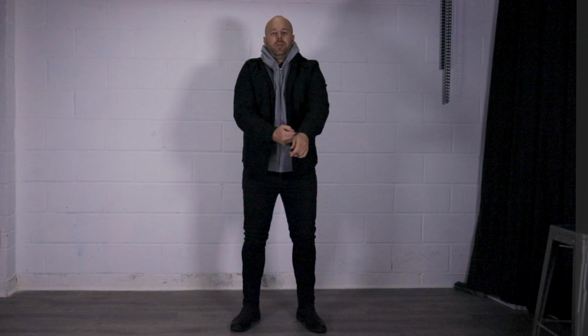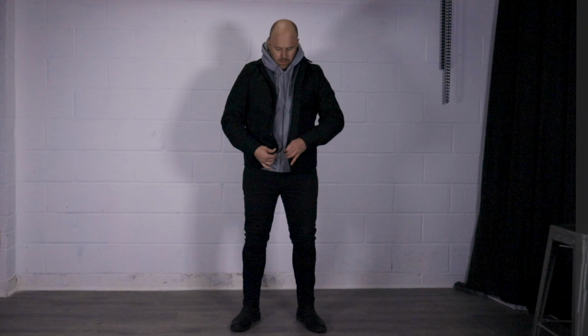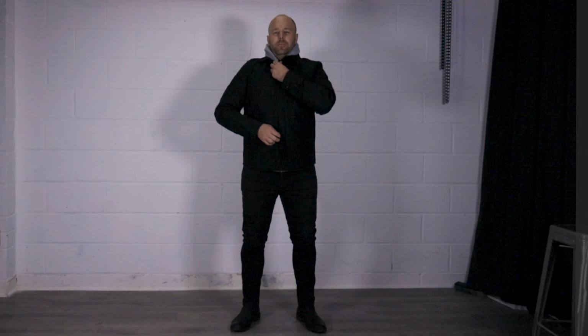So you'll see that I've put this on over the t-shirt and over my hoodie as well, and that's been fine. And riding along with it, it really does keep the wind out with British wool, and it's definitely something I'd recommend. Again, around the £250 mark I think it is for this shirt, but I think it's going to be a staple throughout the whole of summer, whether it's with a t-shirt or with a hoodie,